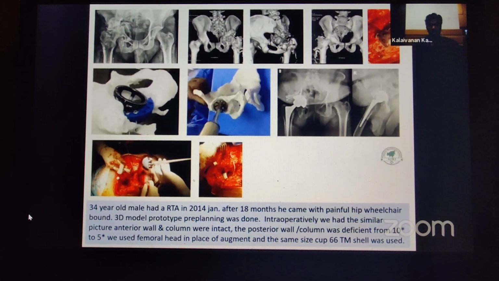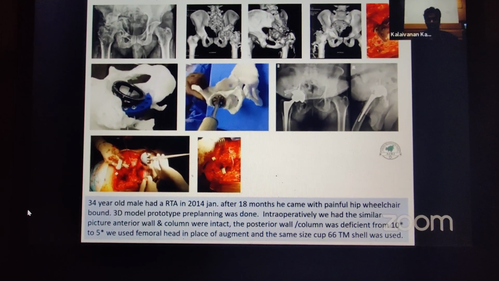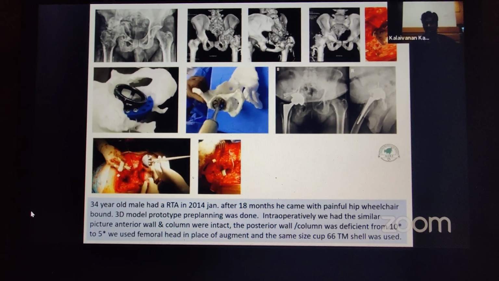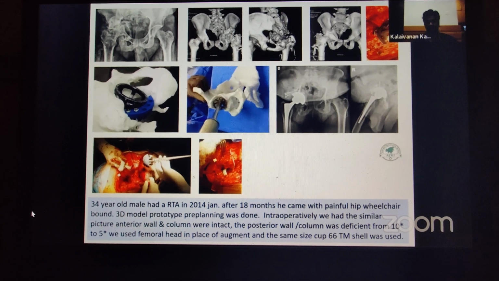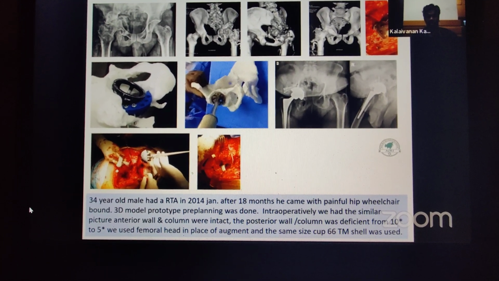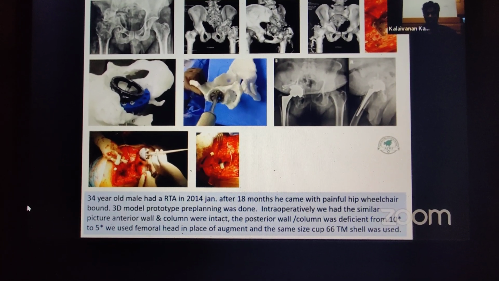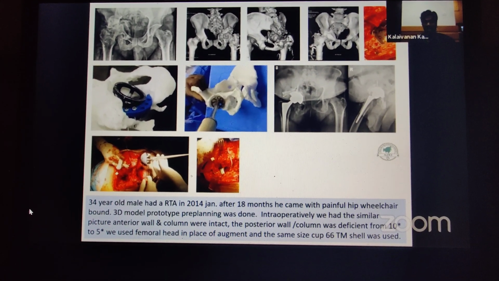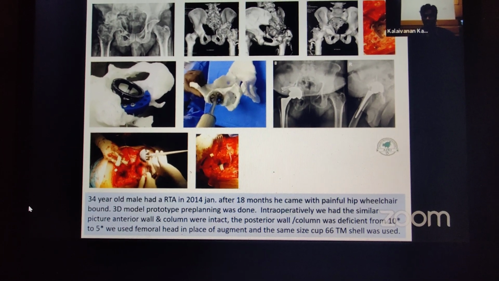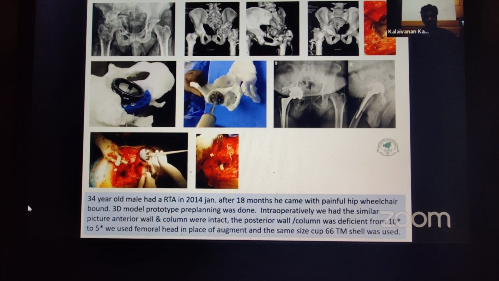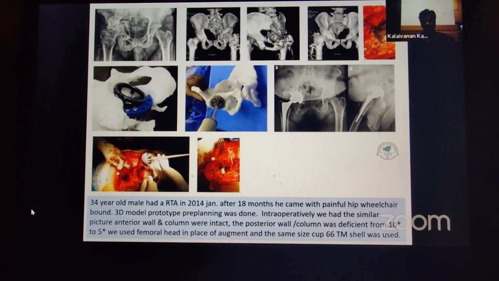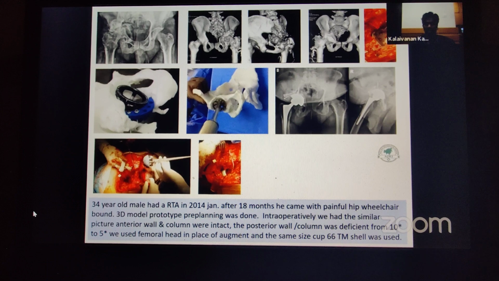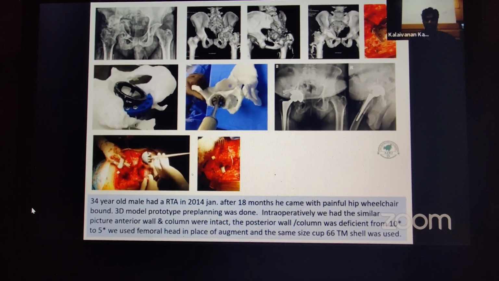This is one example: a 34-year-old male following a road traffic accident in January 2014. After 18 months, he came with a painful hip and was wheelchair bound. On X-ray it looked haphazard and very complex, and 3D model prototype pre-planning was done. Intraoperatively, we had a similar picture: intact anterior column and wall, and the posterior wall and column were deficient between 10 o'clock and 5 o'clock. We used the femoral head in place of an augment, and the same size of cup, a Sister 60 mm shell, was used